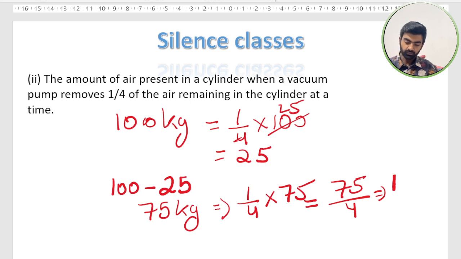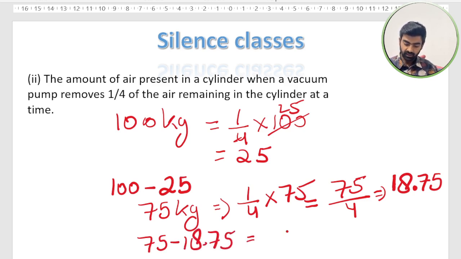Dividing, 4 times 18 is 72, and 3 is left, so around 18.75 is removed now. So how much is left? 75 minus 18.75. We can subtract it and we will get, sorry, 56.25 kg is left right now. Like this we can check it out, but in this case